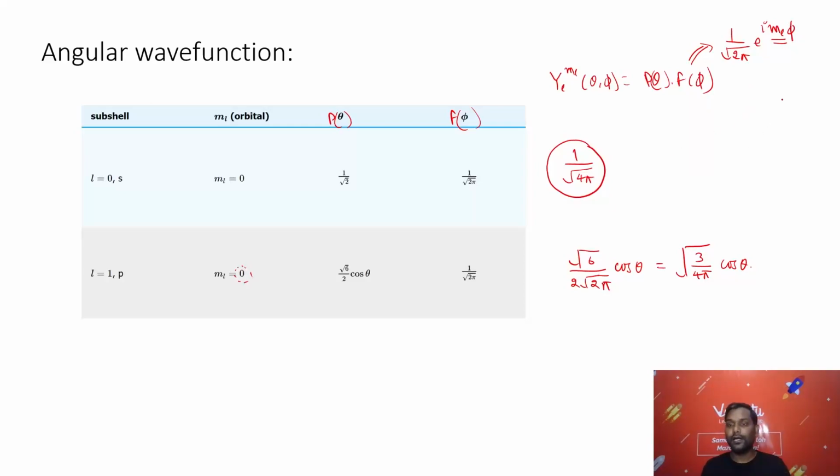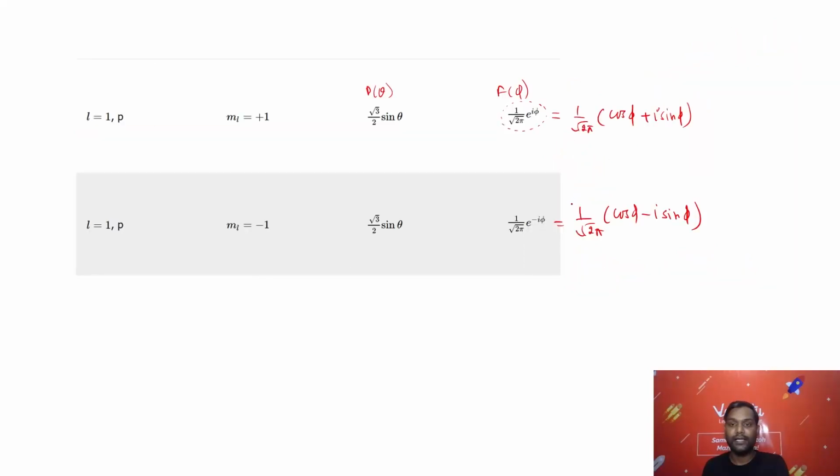So for +1 and -1 there is plus I phi, and for minus it is minus I phi, and these are the F phi part of m+1 and m-1. The problem is if you multiply them you will get a complex part. You will get the y part, but that will be complex. It contains I, as you can see. We want to deal in real parts. So how do we convert them into a wave function which does not contain an